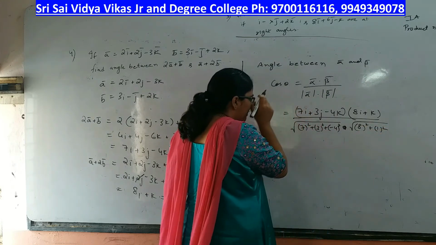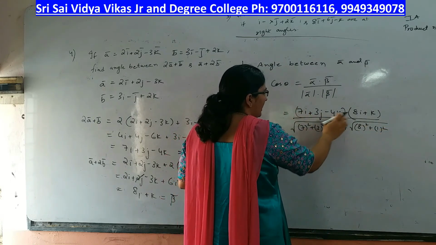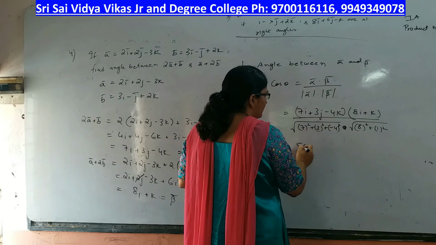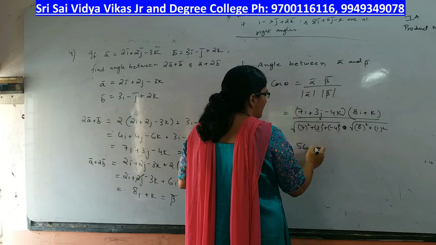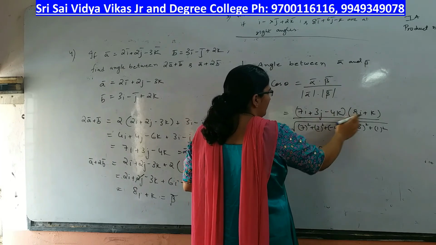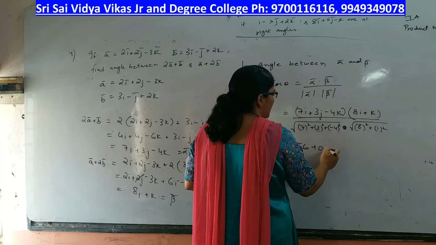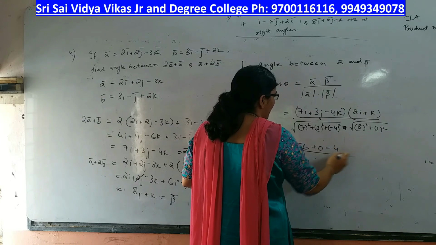So this is nothing but 7 into 8, that is 56. 3j into 0, 3 into 0, that will give you 0, minus 4 into 1, that is minus 4, by